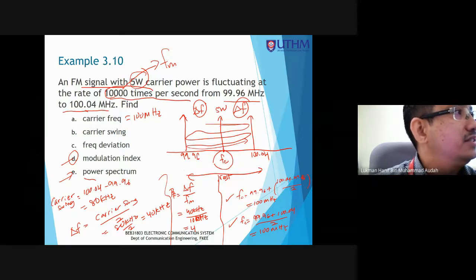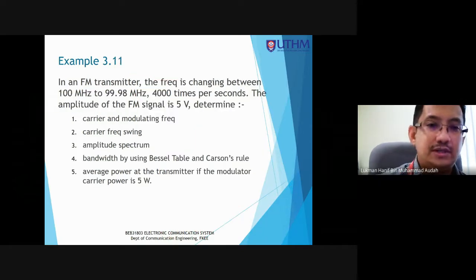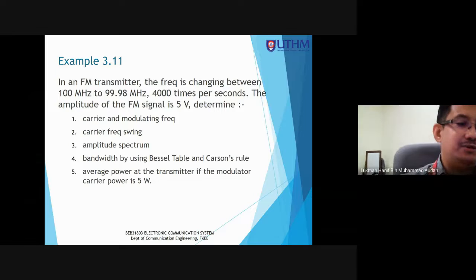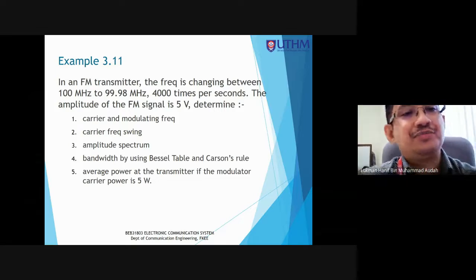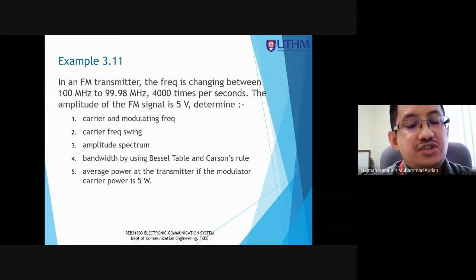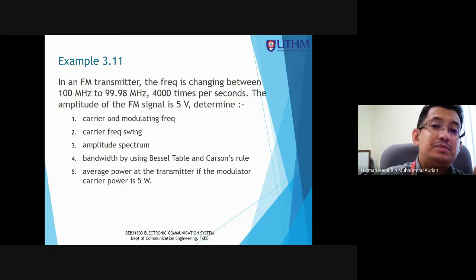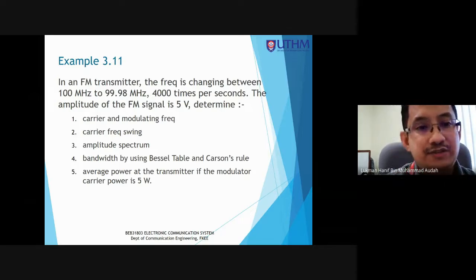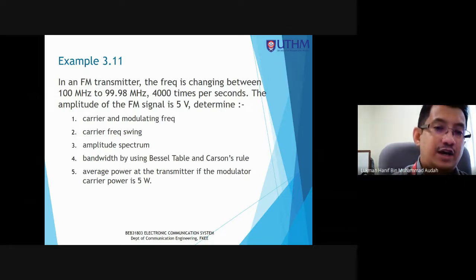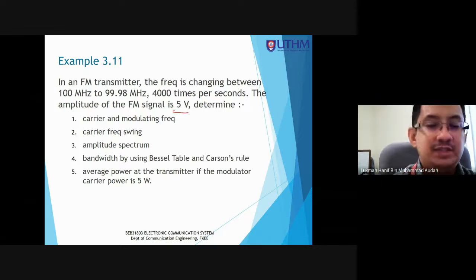Okay, the next example is also a slightly tiring example, but it's okay, we'll try. Example 3.11: in an FM transmitter, the frequency is changing between 100 megahertz and 99.98 megahertz, 4,000 times per second. The amplitude of the FM signal is 5 volt. What does it mean? So it means